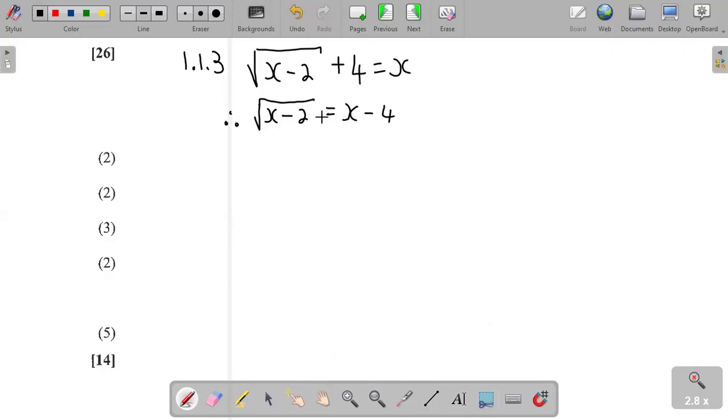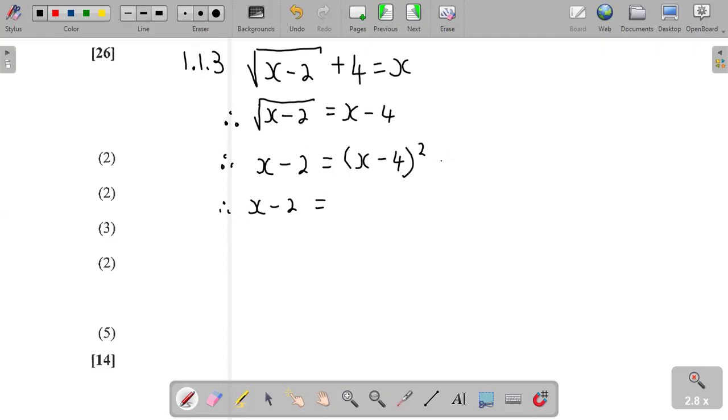And then, in order to remove the square root here, what do we do? We introduce a square on the other side. So to remove the square root, we go to the other side and we introduce a square. So it's going to be x minus 4 squared. Okay. So x minus 4 squared will remove the square root on the left hand side. Okay, and therefore x minus 2 will then be equal to